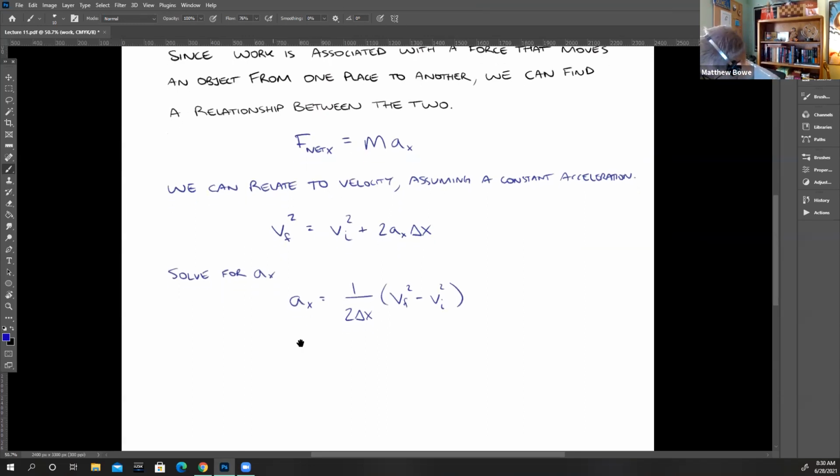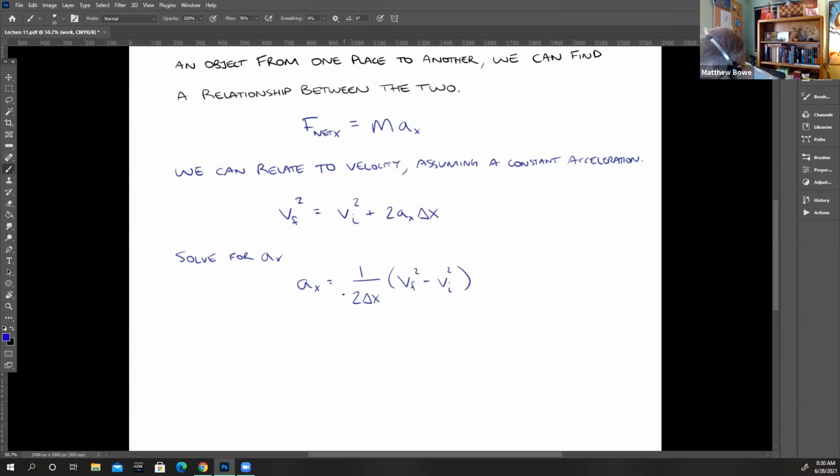And I'll say substitute into that first equation up here. So by taking this acceleration term and putting it into that equation, we'll end up with,